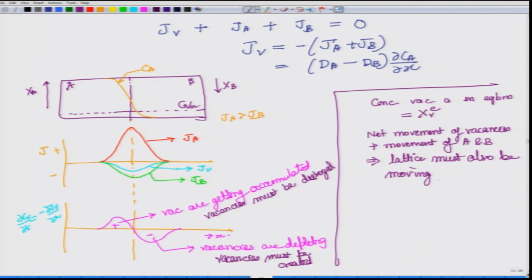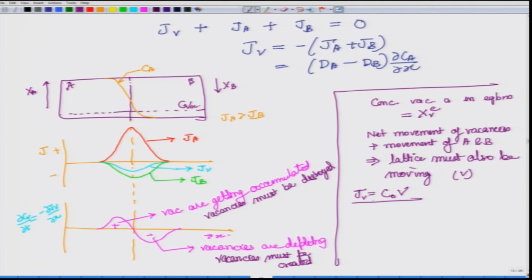Anyways, we will move on. Since the lattice is moving, we can say that there is a velocity v, and since it is the overall concentration, the total flux of vacancies can, like I said earlier, be related to this C naught v. So, this is the net movement of lattice velocity v, which is related to the flux of vacancies. C naught v gives the flux of vacancies. This is another very important result which we will use to get to our interdiffusion coefficient.